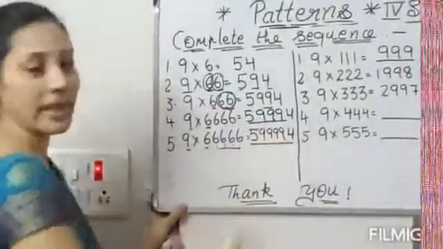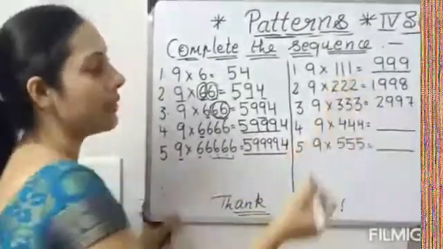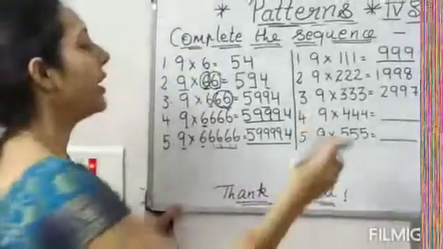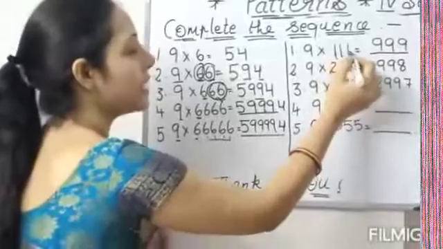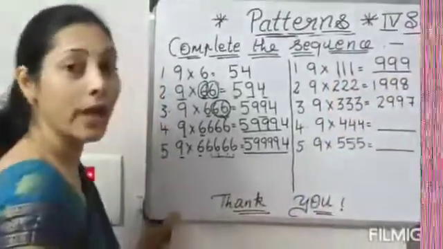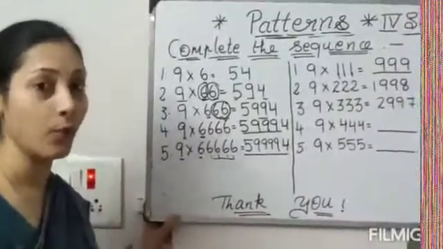Okay. One more example. See. 9 1s, 1 1 means you already all know. 9 1s means triple line. 9 1s are 9, 9 1s are 9, 9 1s are 9. Again, what is the technique here in 2, 3, 4, 5? Let's see.